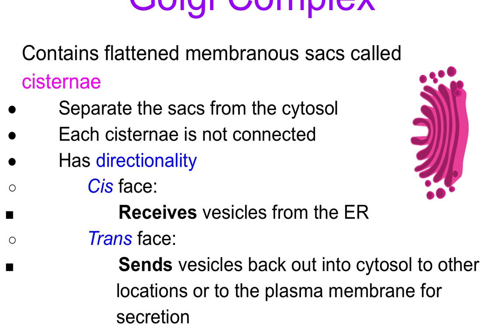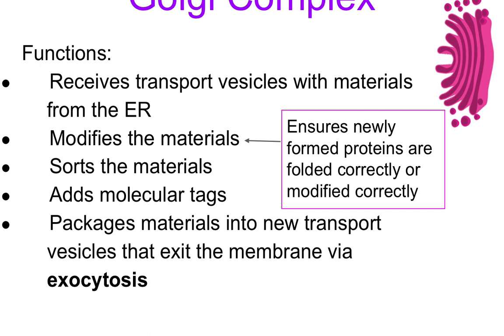The Golgi apparatus is my favorite organelle. It contains these flattened membranous sacs called cisternae. These cisternae are separate from the sacs that are in the cytosol, and each of them is actually not directly connected, regardless of how the picture makes it look. It actually has directionality. If it's a cis phase, it's receiving vesicles from the endoplasmic reticulum. And if it's what we call trans phase, it's sending vesicles back out to the cytosol. So the Golgi complex